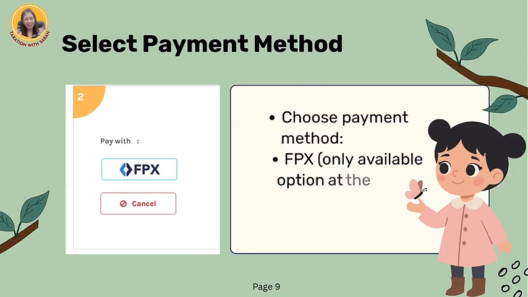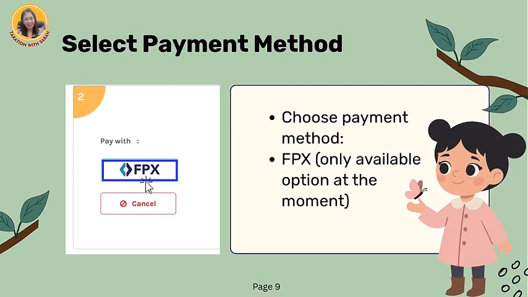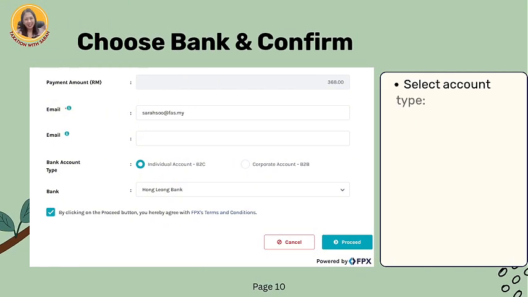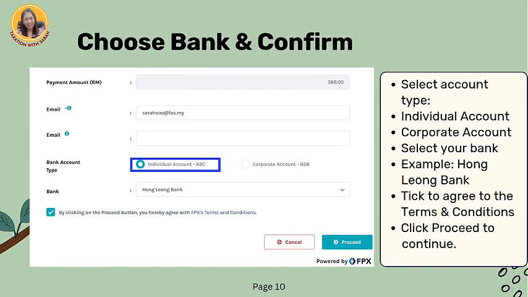For the payment method, select FPX. At the moment, this is the primary available option for online tax payments. Select your account type and your preferred bank. Tick the box to agree to the terms and conditions, then click Proceed to be redirected to your bank's login